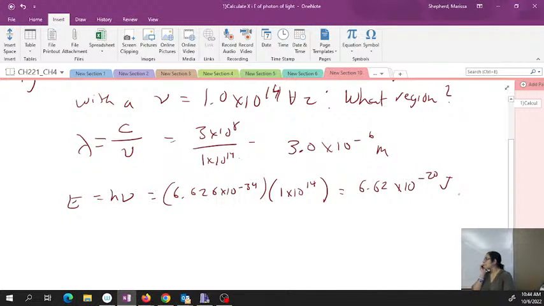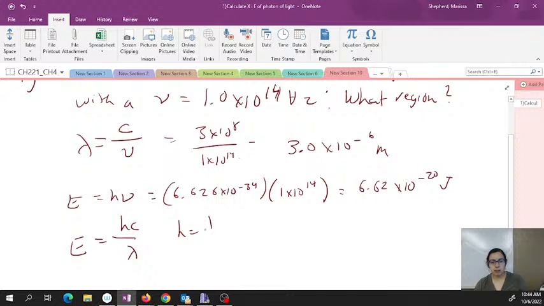Would it be wrong to use Planck's constant times the speed of light and divide by the wavelength? No, you could do that. You plugged in energy equals hc over wavelength. You had found the wavelength and then plugged this in. That's perfectly fine, and that's what's nice about this chapter. I know there are a lot of formulas everywhere, but they all circle around so you can double check yourself.